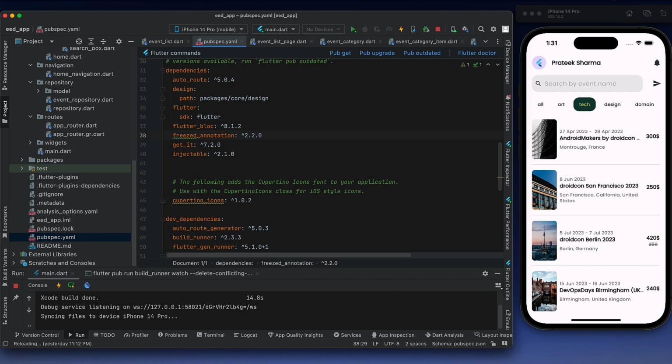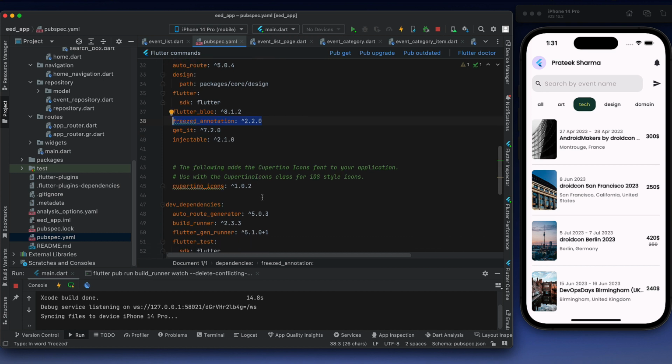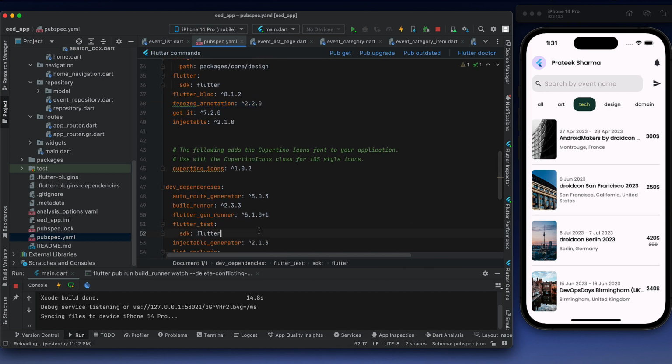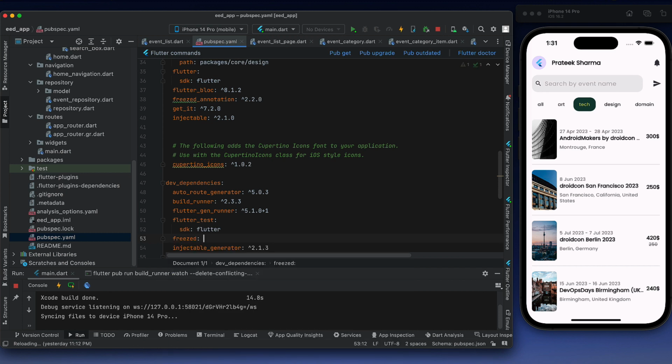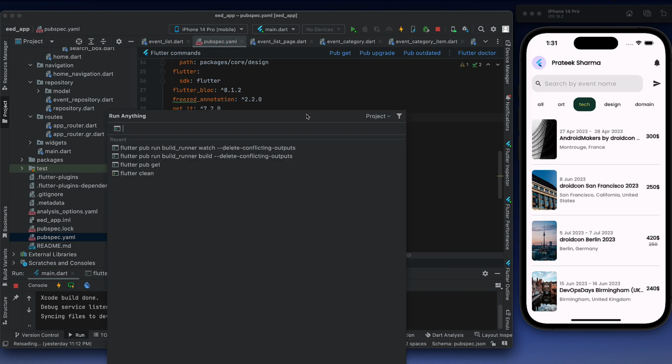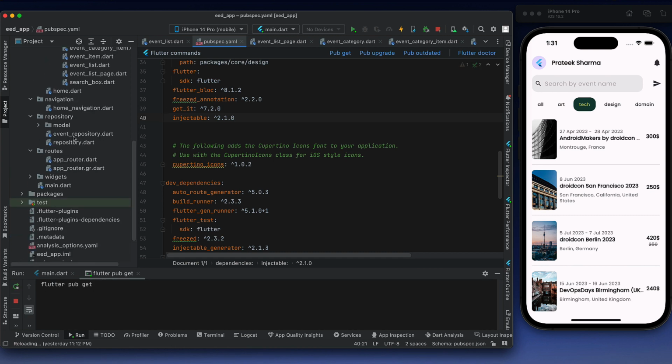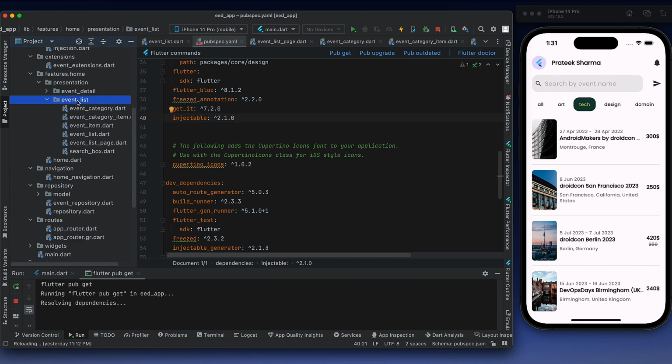If you're not aware of what freezed does, you can understand it by comparing it to Android's or Kotlin's sealed classes. It's similar to that. Later you will understand what it actually does, and you can practically understand the use of it. So for the dependency, we will be adding the freezed annotation, but in dev dependencies we will be adding freezed as the dependency, because it will generate code, so it has to be in dev dependencies. Let's run the flutter pub get command, and meanwhile it is running,